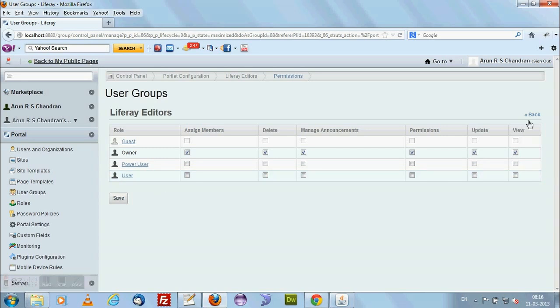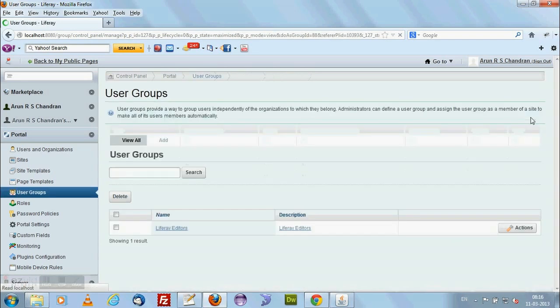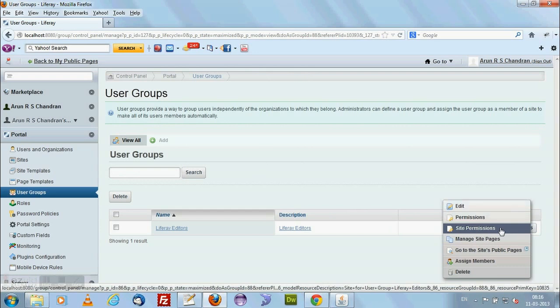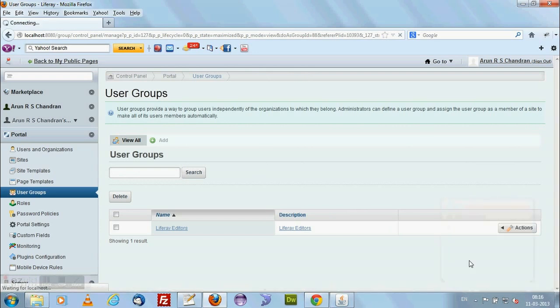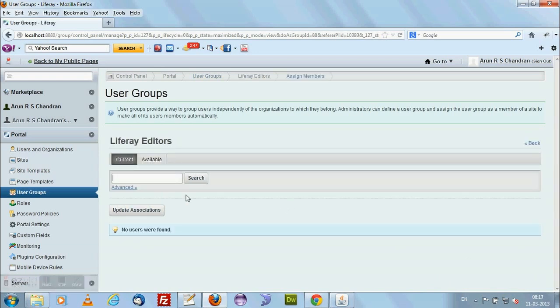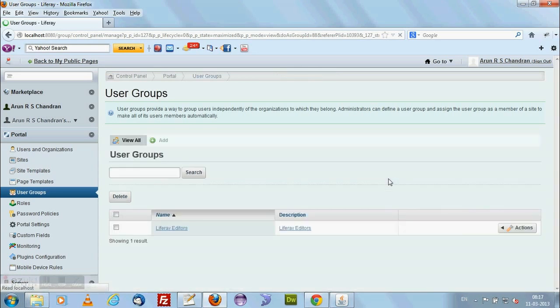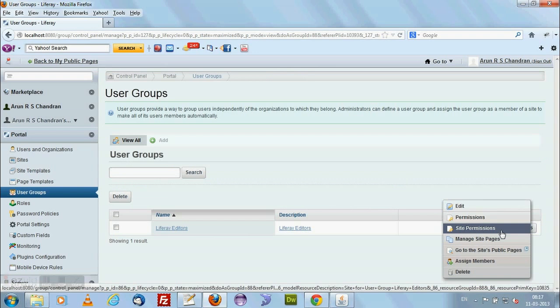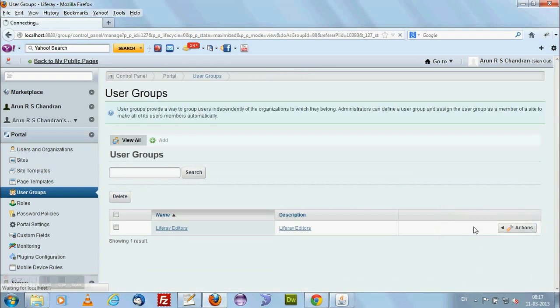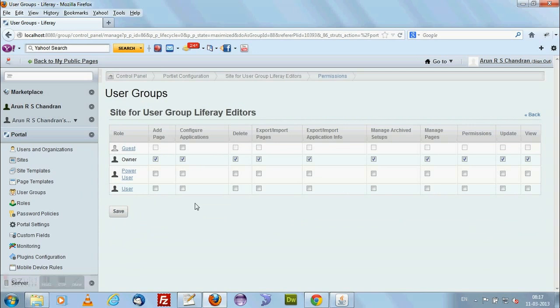I'm just going back, and let us see how to assign members. I'm just assigning members here. I don't have any member association here. I just want to go back. Okay, here I have site permissions also. In the site permissions also, only the owner can manage the site data. So the user group community site data can be changed only by the owner. So that is also fine. I just go back